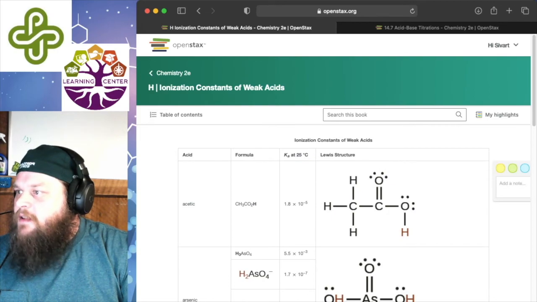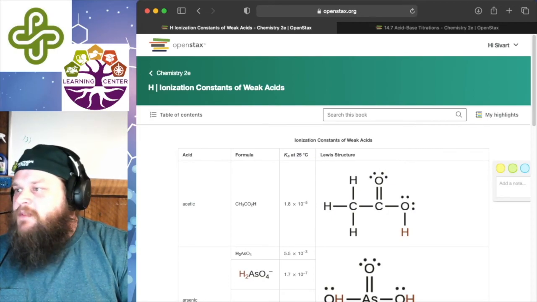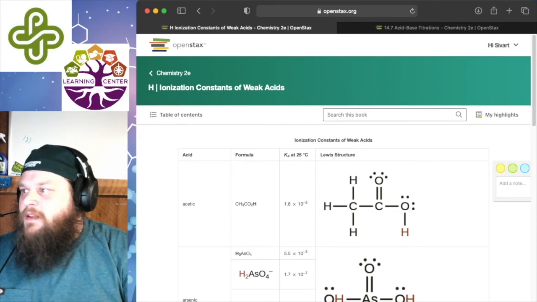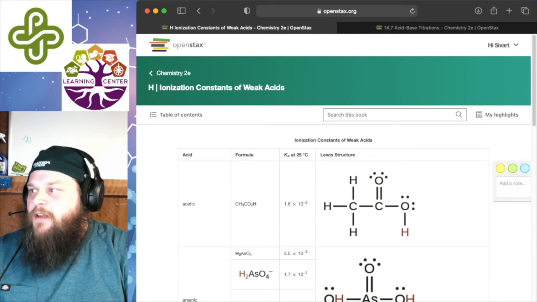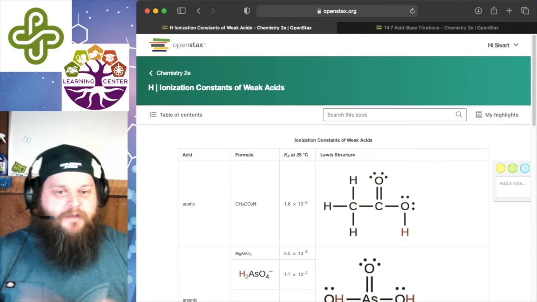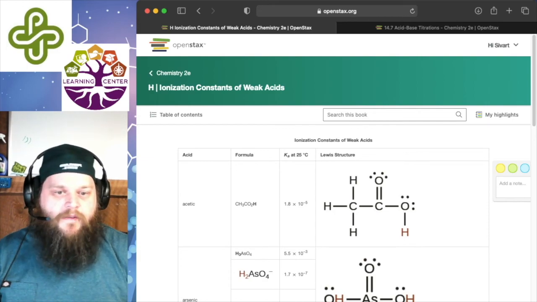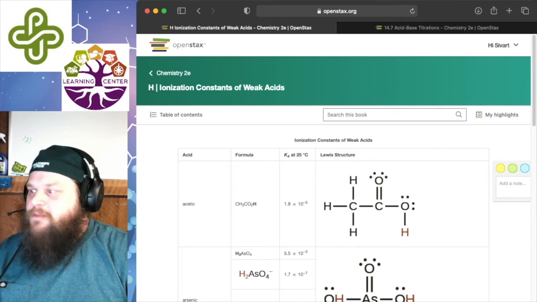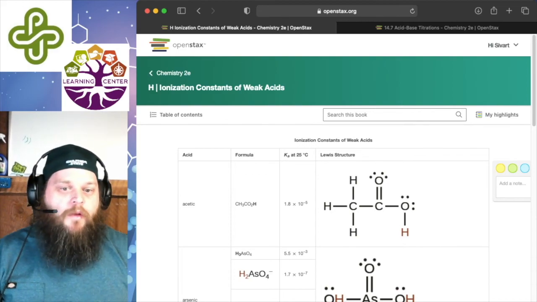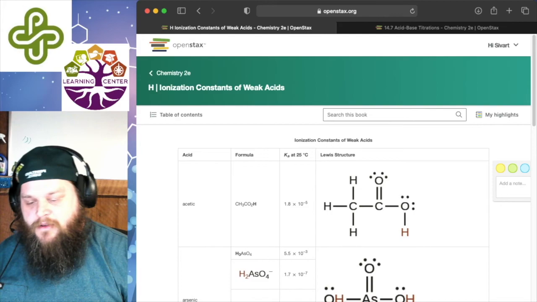And acetate, this is kind of the one I drew here. You see the hydrogen that it's going to lose is in red, and it tells us the Ka value there, 1.8 times 10 to the negative 5. And since that's negative 5, you could probably get away, instead of using the quadratic, with doing an approximation of that, because I think it would be pretty small. But the quadratic formula will always work for you, always give you the right answer.